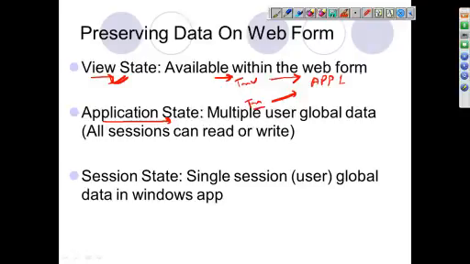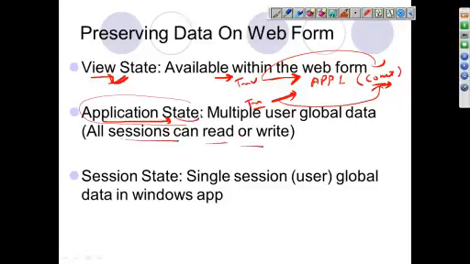Now some variable is defined as application state, let's say this count is an application state variable. So this session of Tanvi and this session of another user can both access the same variable. It is common to all the sessions. So all the sessions can read or write what is saved as an application state variable.